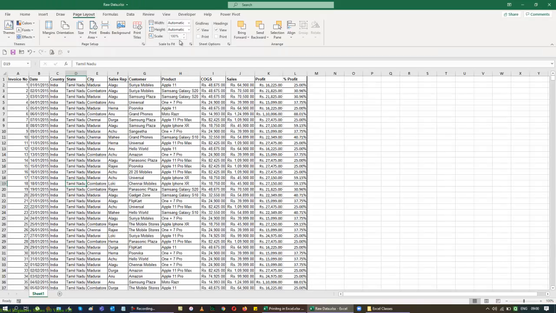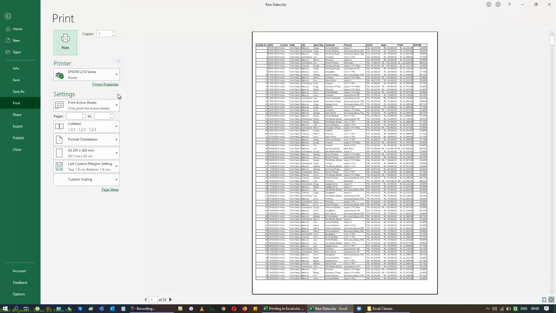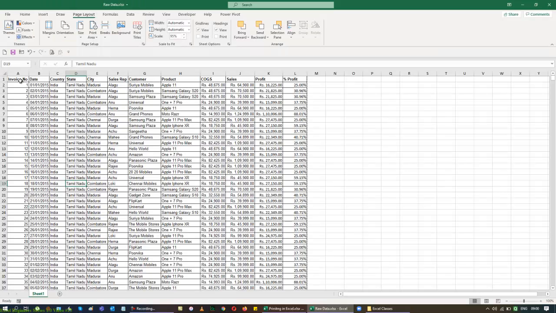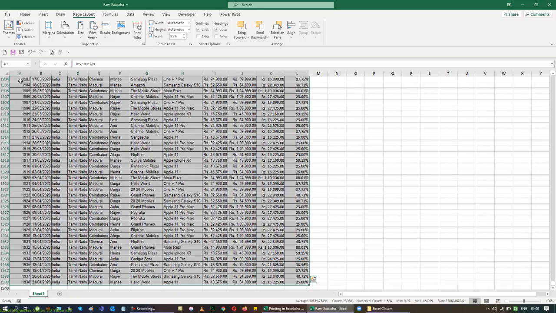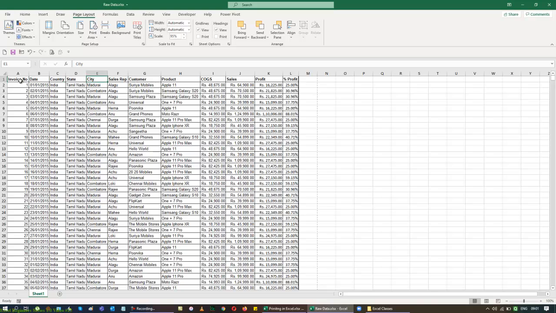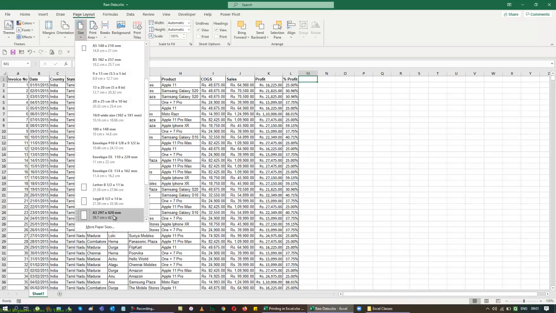So now I can just adjust this one down. You can see that on A3 size paper with a portrait orientation, I can still print the entire column of data here and see what's happening in the list. You can still take the printout, and again I can adjust this data a little bit because I think the last two columns are not adjusted according to the headers. So now I can see that I have one more column that can be added to my list. Let me just make it 100. Yeah, now it's still 100 with the portrait option activated, but the size of the page is changed to A3.